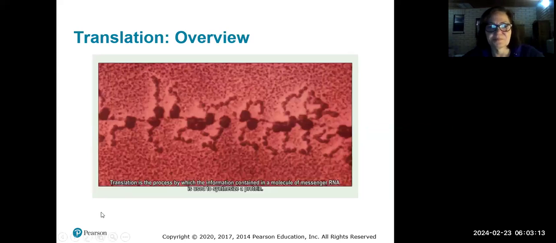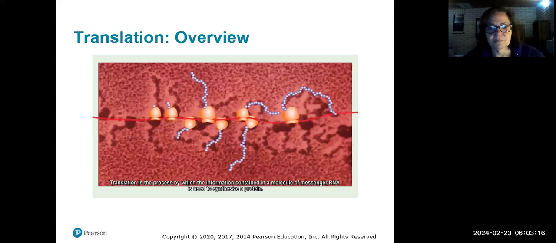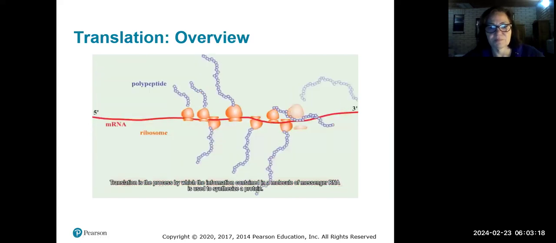Translation is the process by which the information contained in a molecule of messenger RNA is used to synthesize a